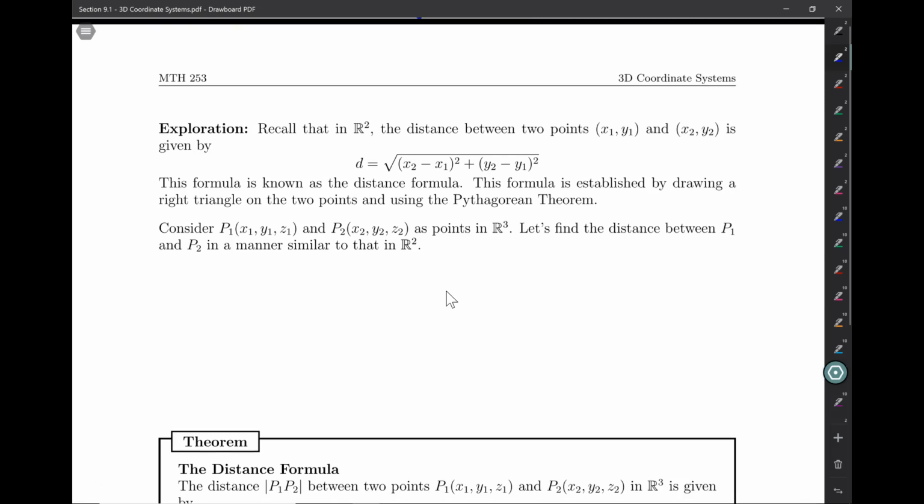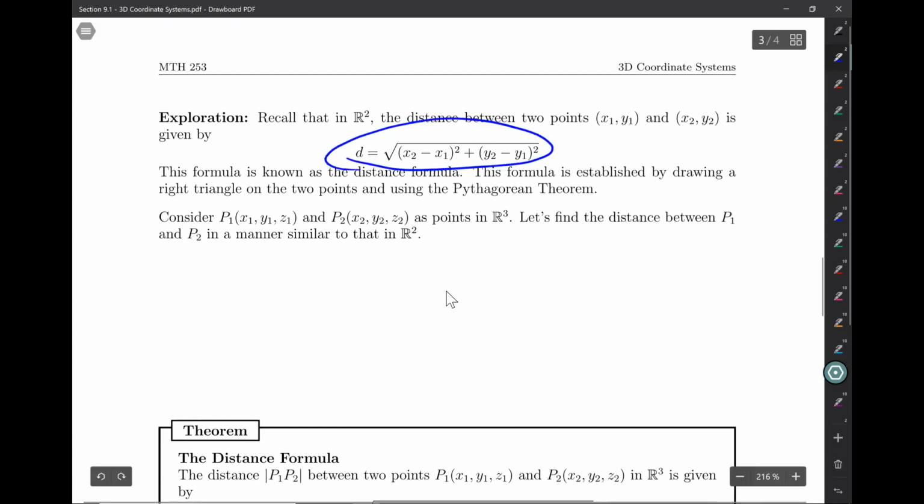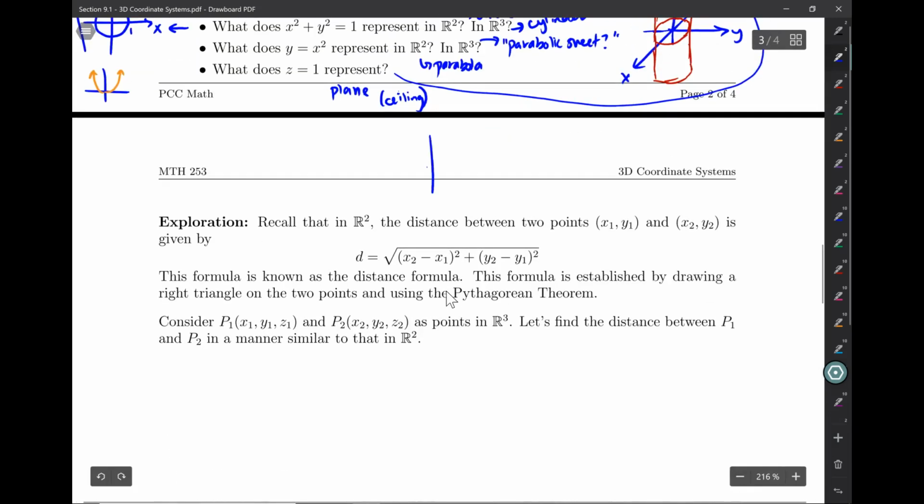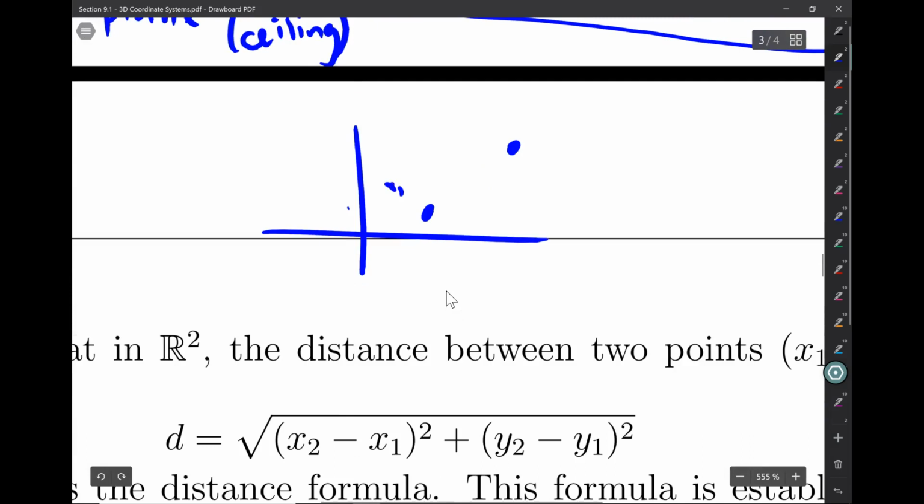Okay, well, let's talk about distance. We've been talking about points, and anytime we have multiple points, it's nice to talk about the distance between them. If you recall, in R2, the distance between 2 points was given by the distance formula. The way that worked is that if you had some point here and some point here, for example, let's say this was x1, y1, and this is x2, y2, then the way we find the distance between them, this length,